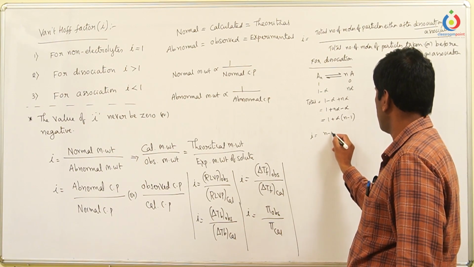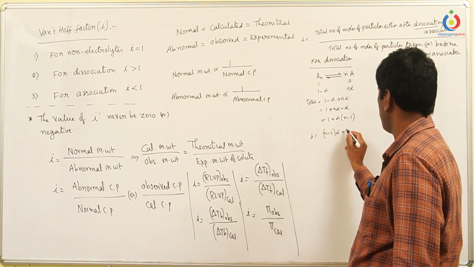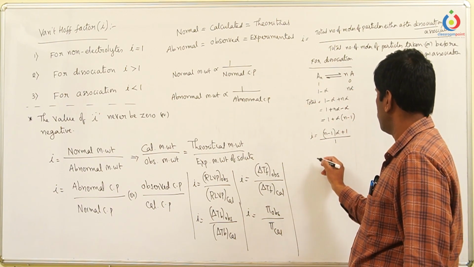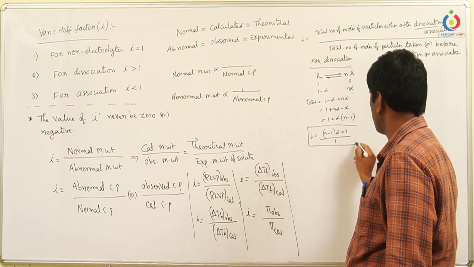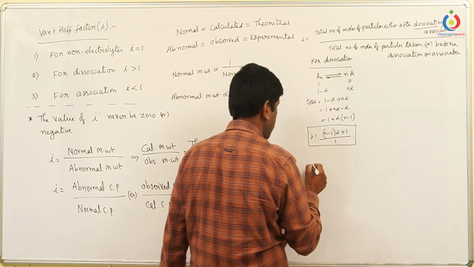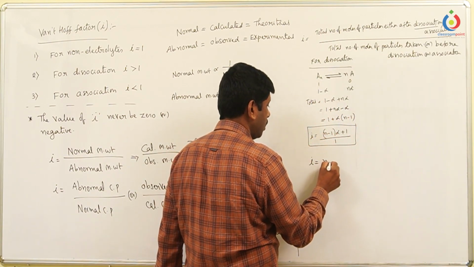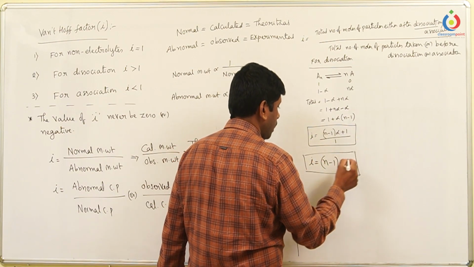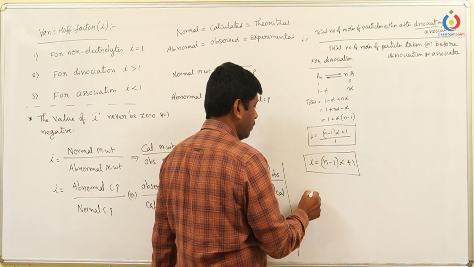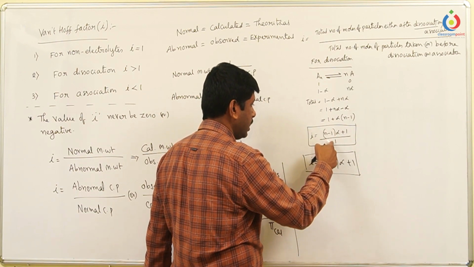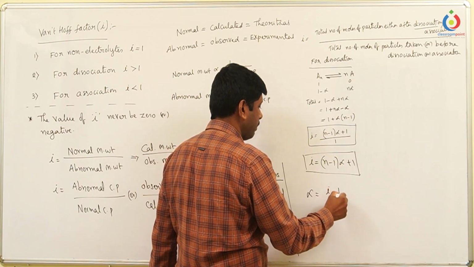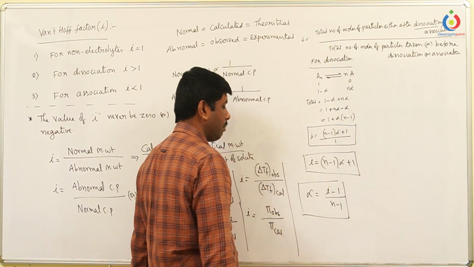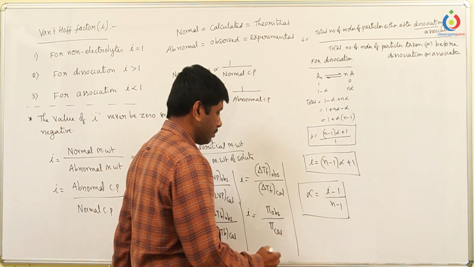So that I can write down n minus 1 alpha plus 1. And before dissociation, only 1 is there. So this is the formula. That means the i value for any particle that participates in the dissociation is i equals n minus 1 alpha plus 1. And if you want to calculate the alpha value, you send the 1 to this side, so alpha equals i minus 1 by n minus 1,